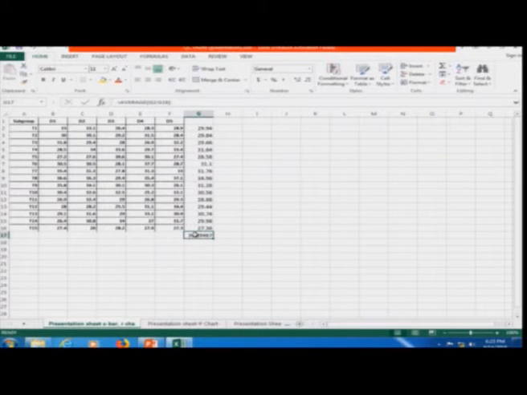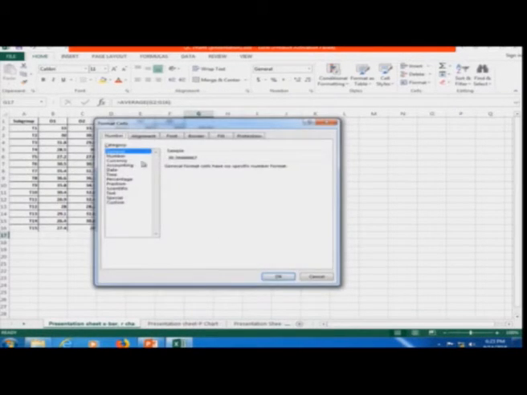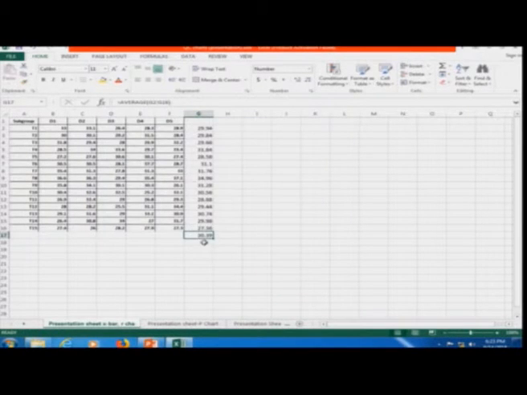30.39. I will just format it, bring it down to 2 decimal places, okay, and let me give it a different color. So, this is my average.